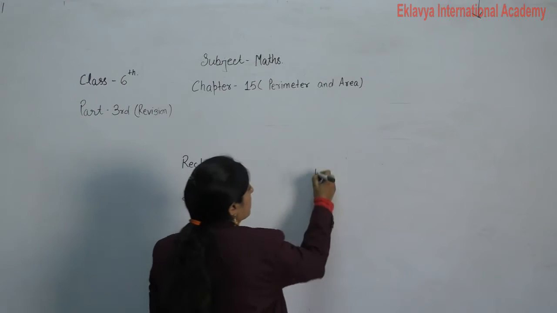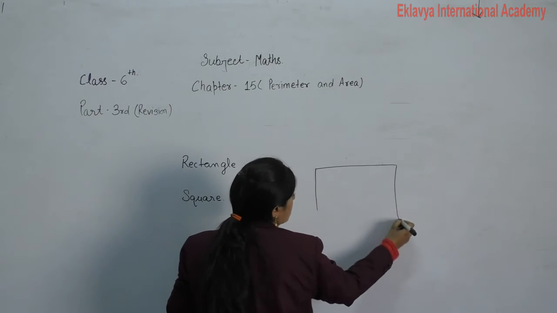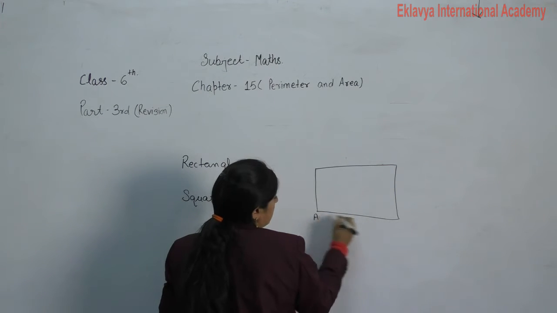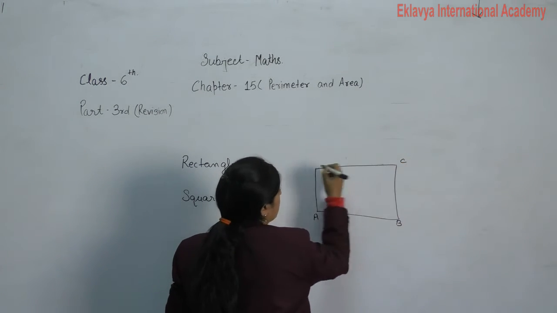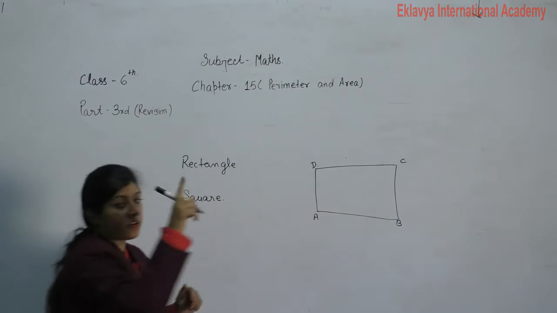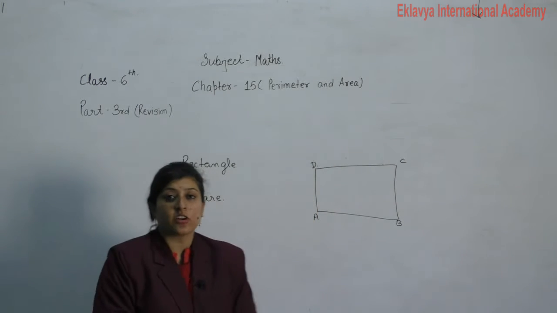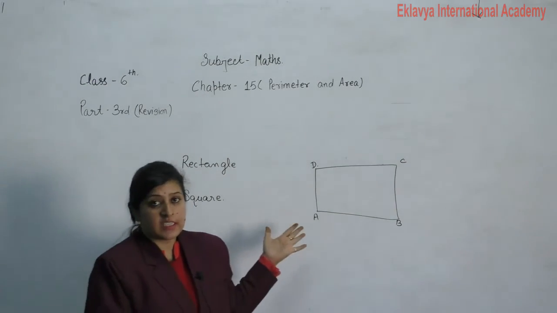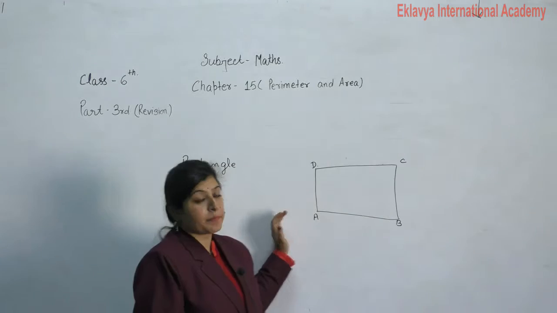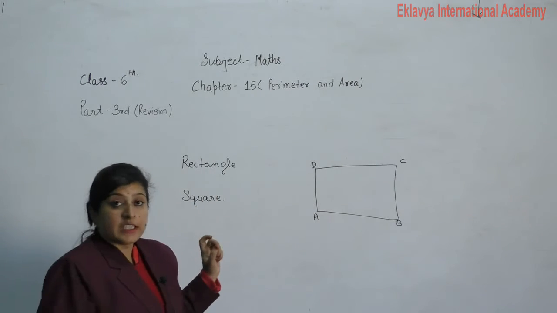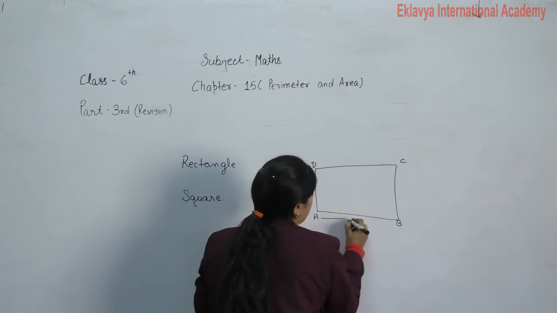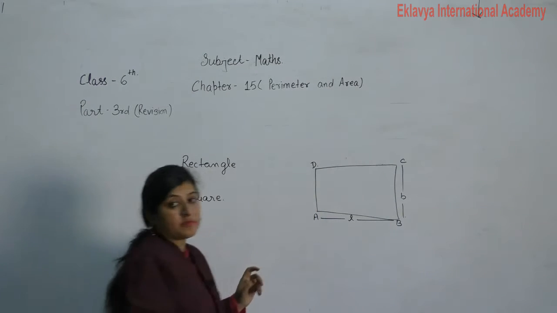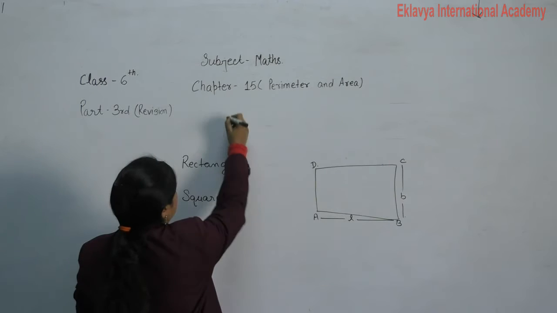Area is what? The amount of surface enclosed by it is called area. When we take only the length of the boundary, it is called perimeter. Now we are taking the amount of surface, so it is called area. In the rectangle, we know that it has the dimensions length and breadth. So what is the area of a rectangle?